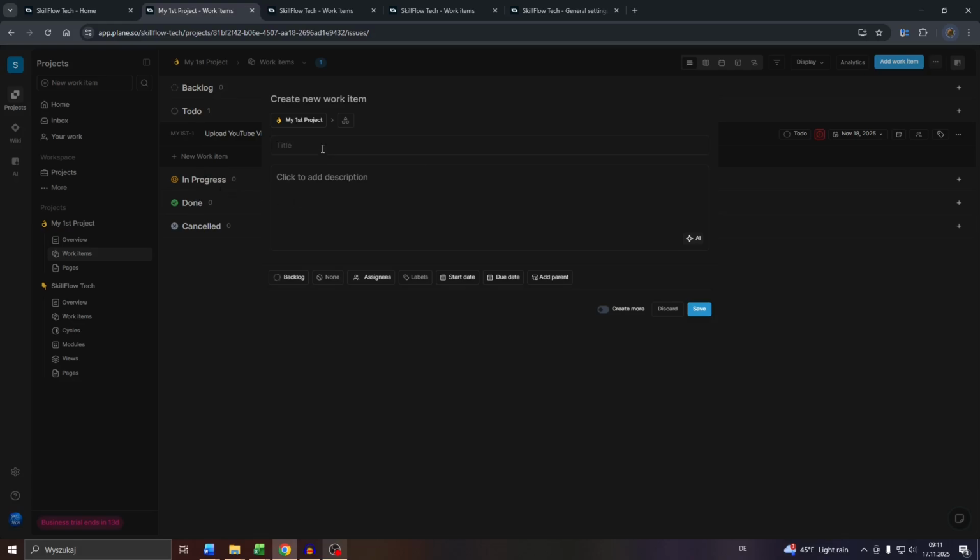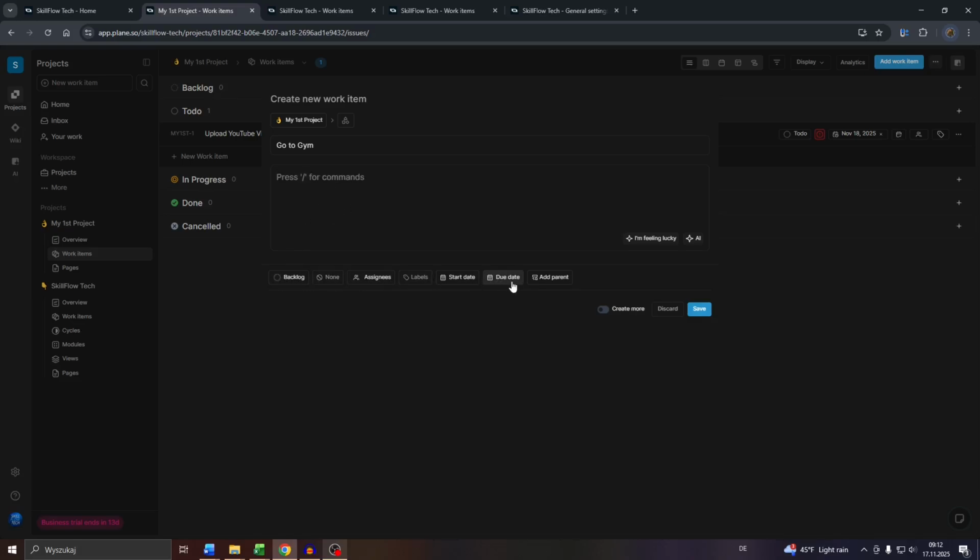So give it a title, like for example, I don't know, go to gym or something like this. You may describe it below. You may use also a template, for instance. Later, you will be given the opportunity to convert your work items into templates, customizable templates, so that you don't need to create these work items from zero, but can simply use your created templates, but it's something for a different tutorial. So you may describe your work item or task below, and after that go through these